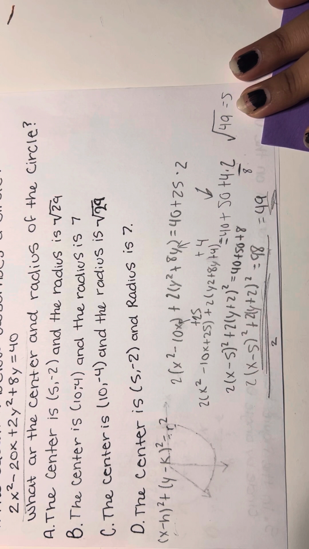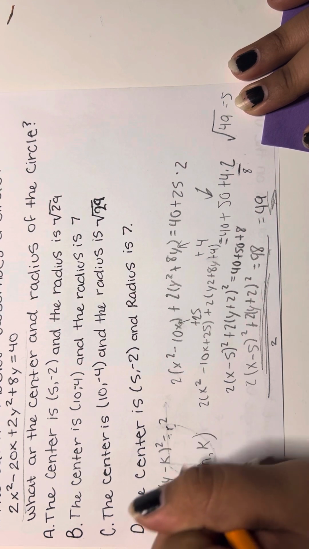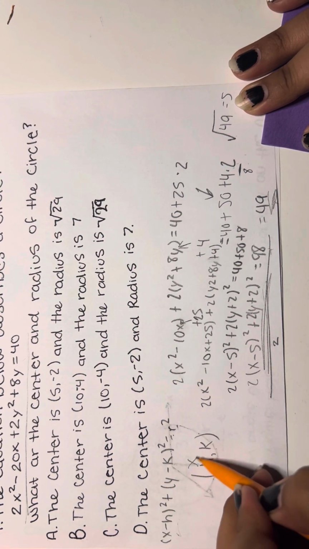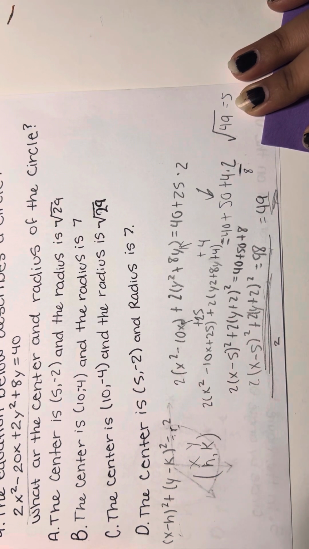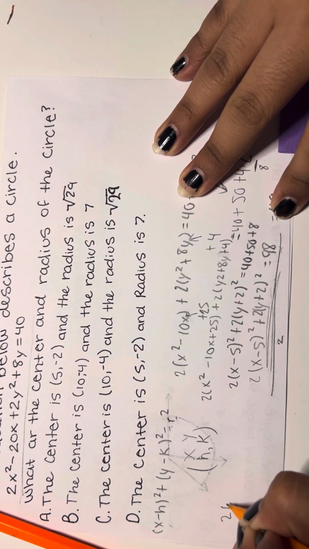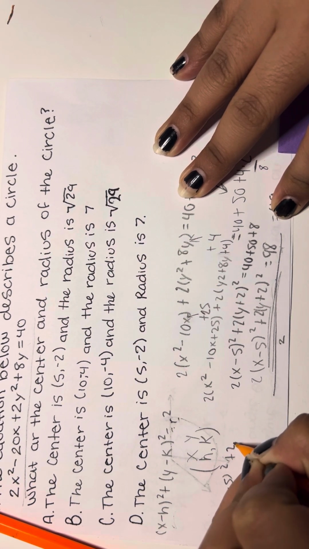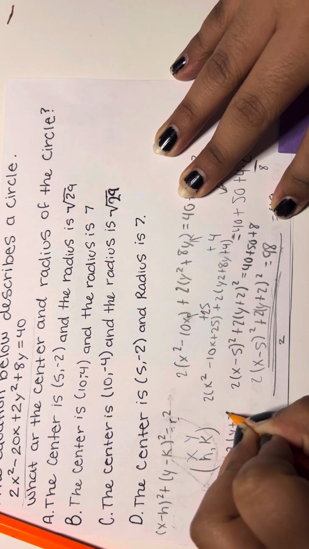So after we compare, we would know that h and k are what we are looking at. And as we know, h is x, k is y. So after looking at that, we know that 2x minus 5 plus 2y plus